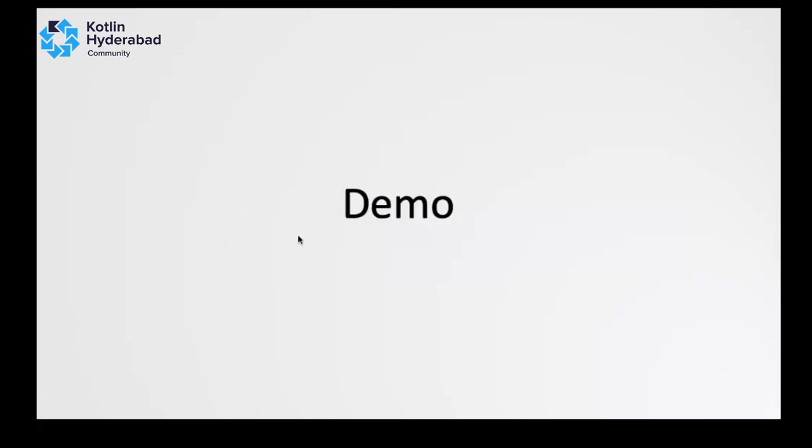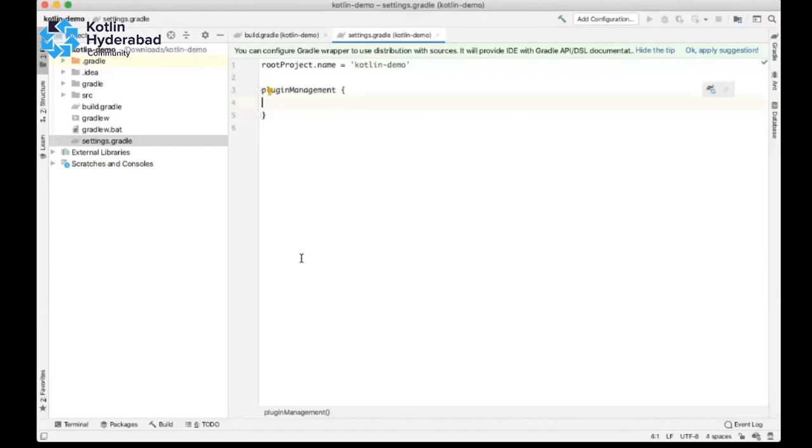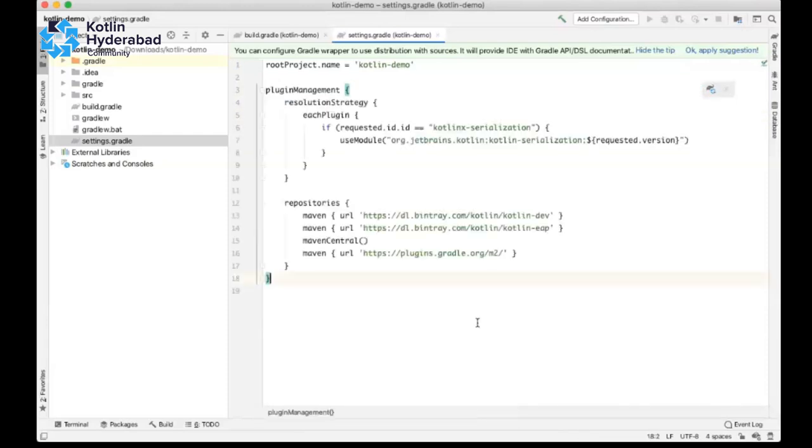So without much ado, I'll start the demo for this application. First of all, I created a very basic Gradle project. This doesn't have anything, just a build.gradle. From this, we will start configuring the application for the multi-platform plugin. So first of all, to start the application, we need to define some of the settings in the settings.gradle. I'm just copy pasting them. I'll show you these things.